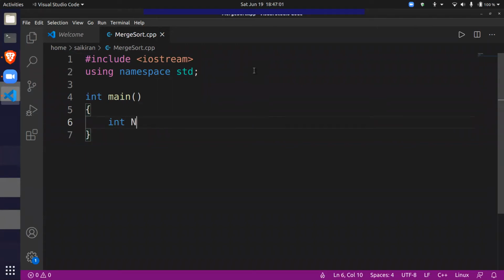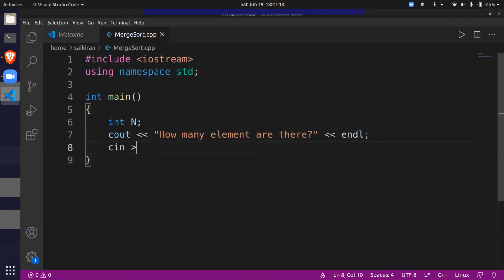First let's take the number of integers that the user wants. So let's ask the user how many elements are there. So let's take the input. There are n elements. So let's make an array of n elements.